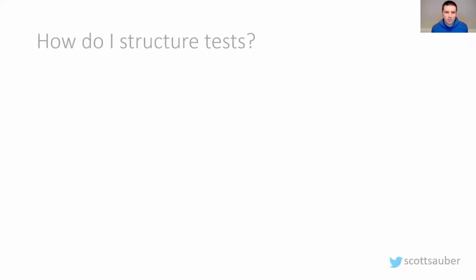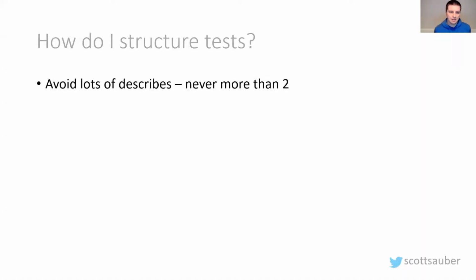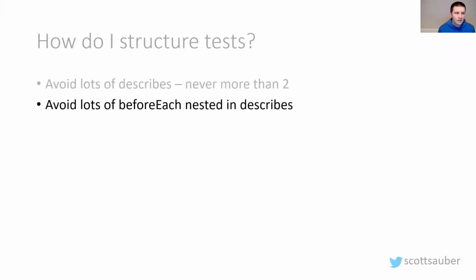All right, so how do I structure tests? If you're familiar with Jest, you can have describes to group different tests together. I never have more than 2 nested describes, 2 levels of describes, because I find more than that, it gets a little gnarly. I also avoid lots of beforeEaches in those nested describes, because it can be kind of